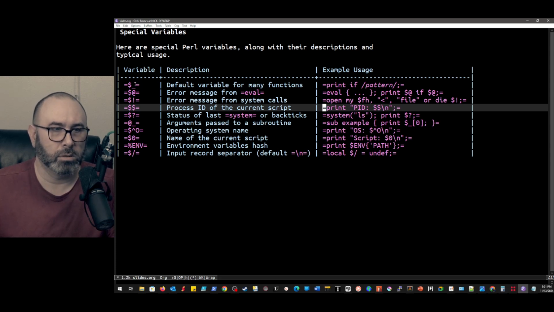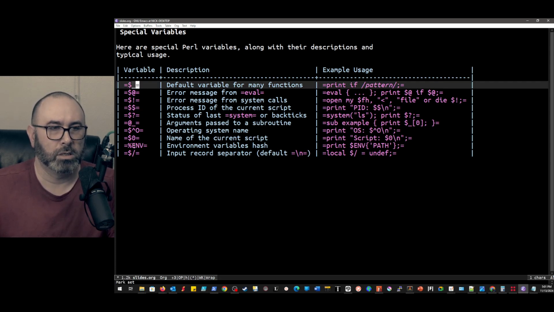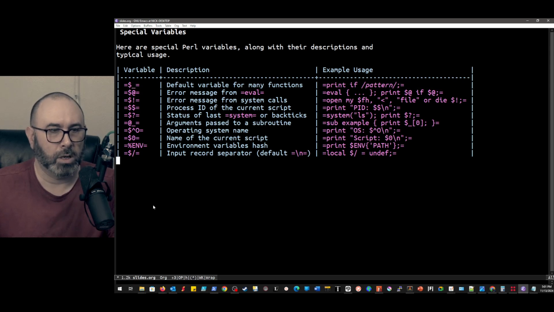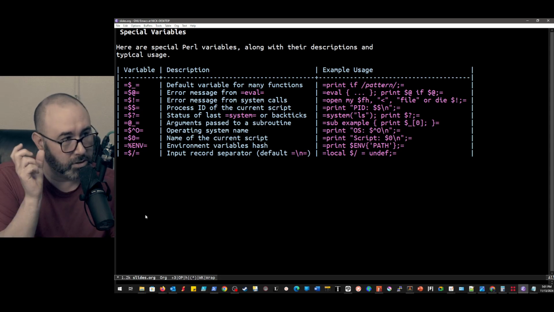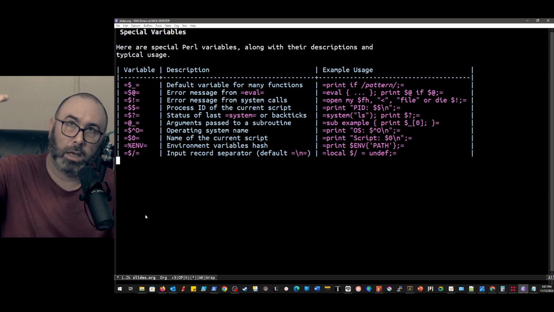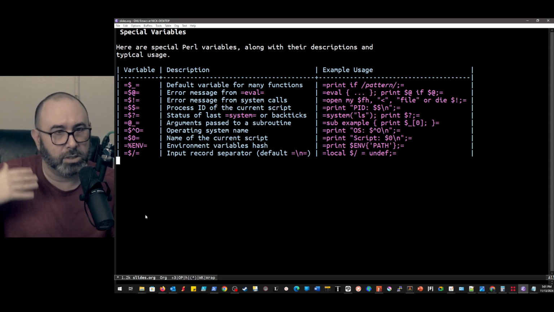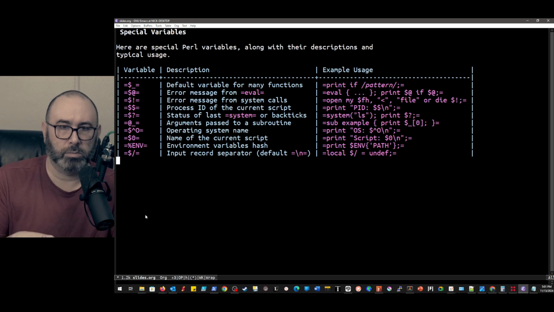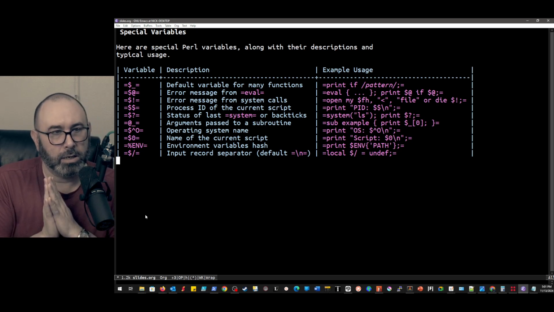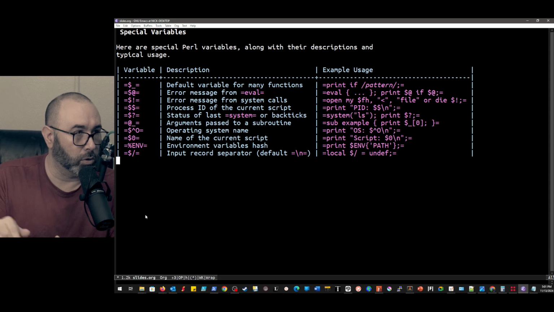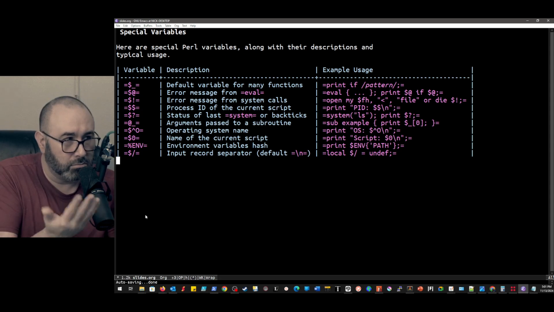Probably the most common one is going to be $_. This is the default, right? So for example, let's say we're doing a loop, right? Typically we're going to define a value to contain the iteration of the loop, right? So by convention, this is oftentimes i, right? So what you can do is you can just skip that, do foreach, maybe an array or a hash, something along those lines, and print $_. And you don't need to add i. If you think i makes it more readable, then do that.